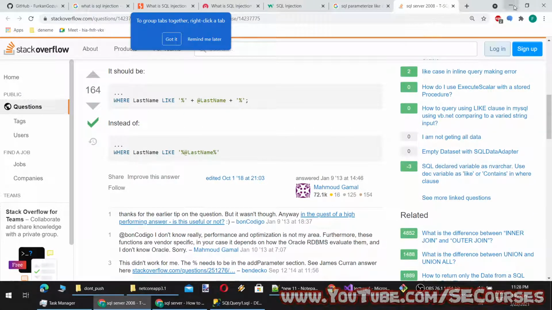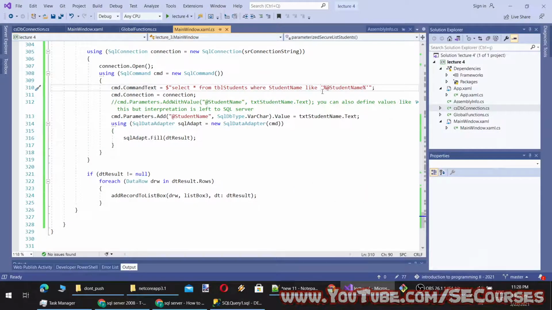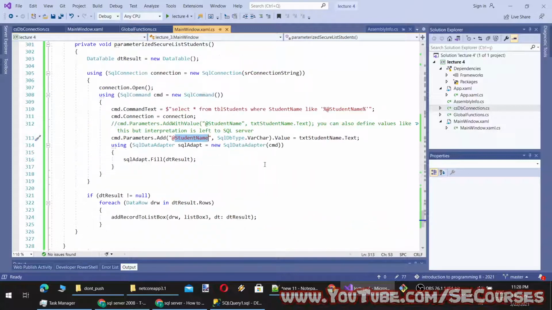Yeah, this is what we are doing right now, so it should work. Okay, student name, student name, student name. Okay, so where is our mistake?